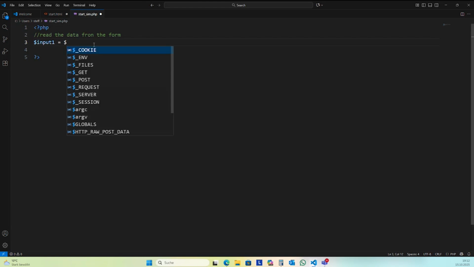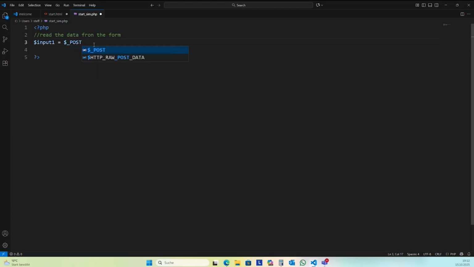With $_POST, I can access the data from the input stream from the server here, and I need to specify the names of my form fields. First one is proctime1, and the same for input2 and proctime2.